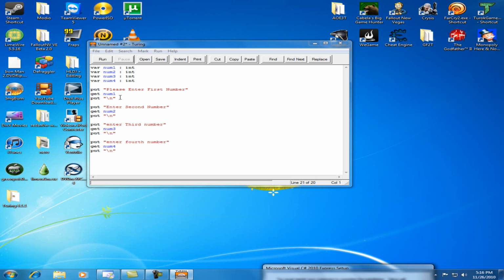Hey, I'm back, and I spaced everything out for you. See how I went num1, num2, num3, num4. So now what you want to do is enter and put adding up the numbers in quotations. You don't have to do this, I'm just doing it. Then go down, and hit put, you go put, that, you go num1,